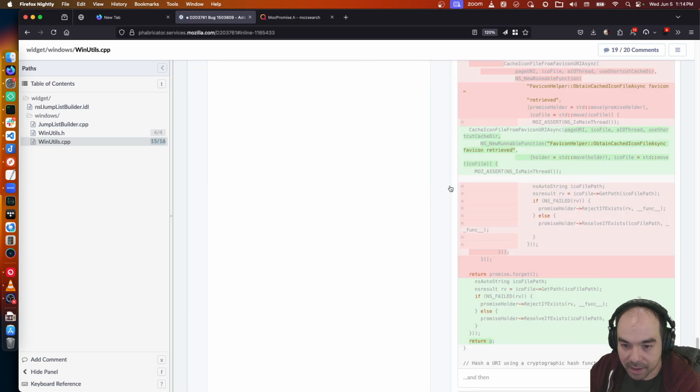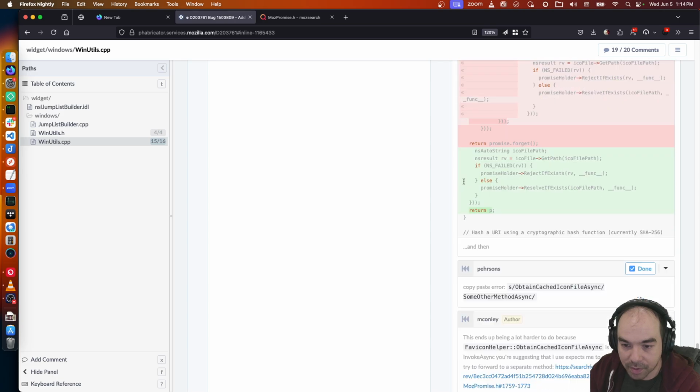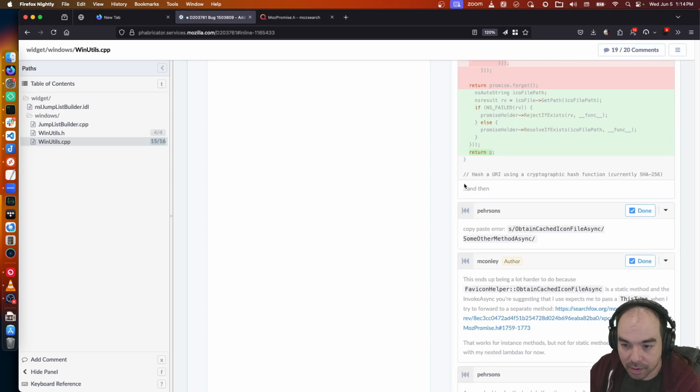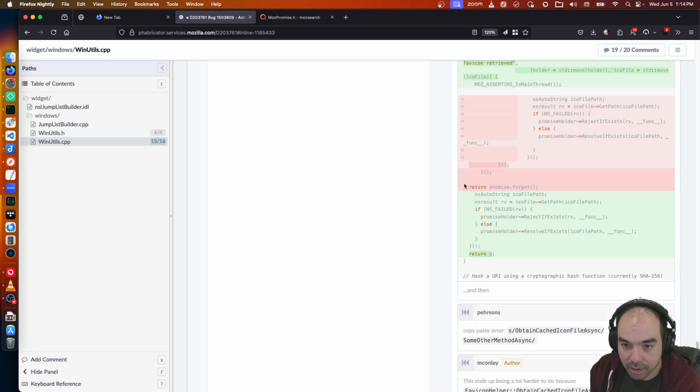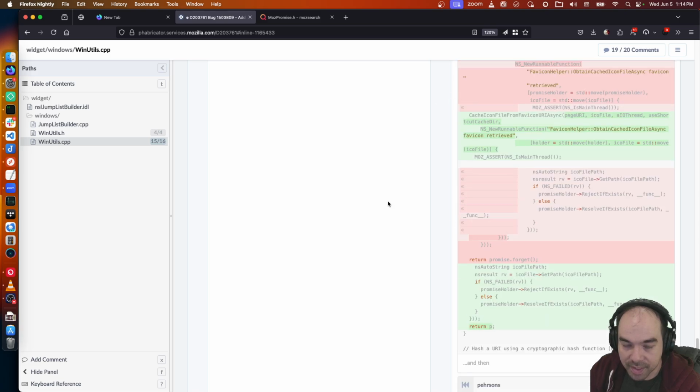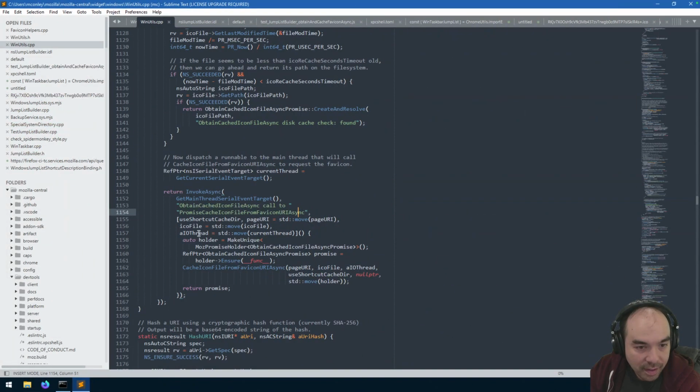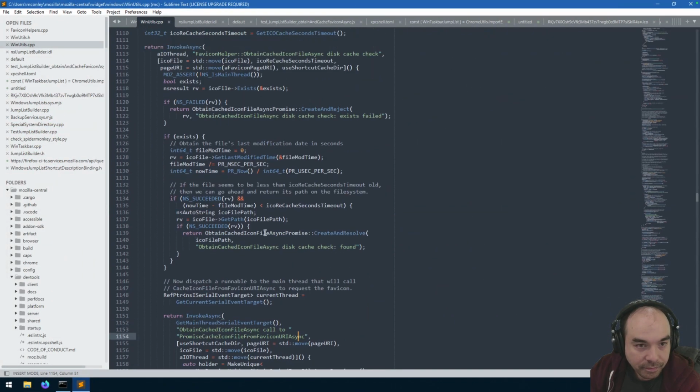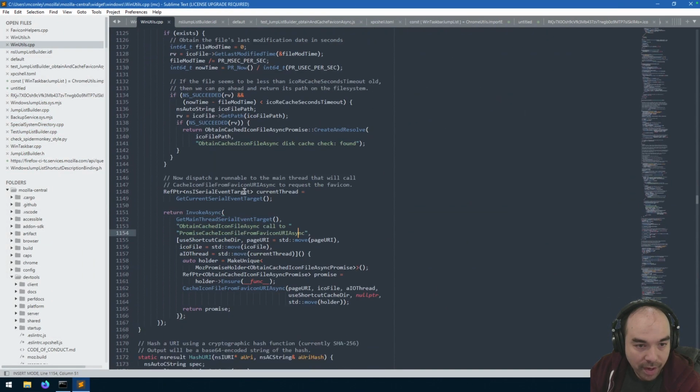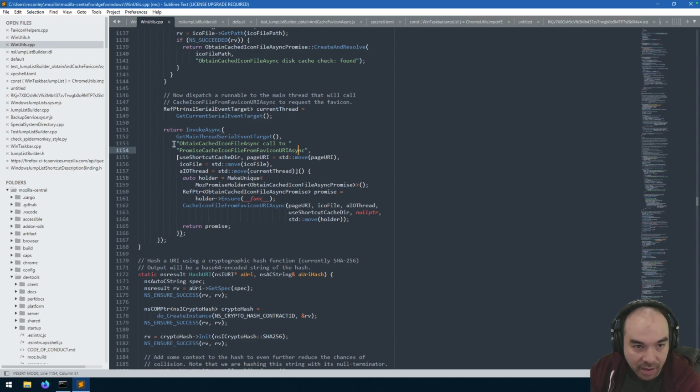But basically, he was saying that I could split out this lambda right here, so that we don't have a lambda nested within yet another lambda. So let's try and do that.